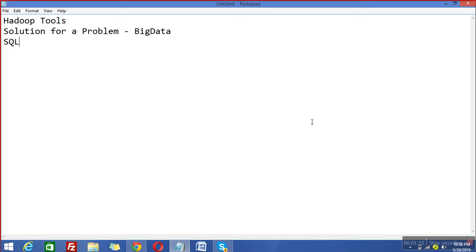Now we increase the data amount to 15 terabytes, then 20, 25, 30, 35. So after a threshold point, performance comes into the picture, and the server takes too long to process your query.